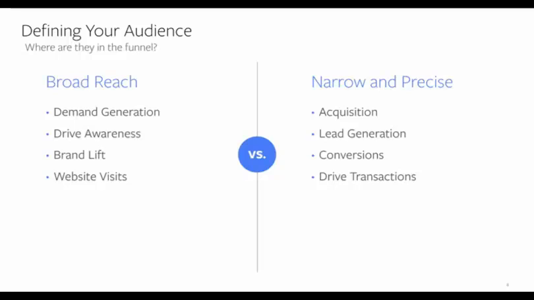Being narrow and precise allows you to speak to groups with much more relevant content. For example, you can choose to target individuals who've already engaged with your brand, and you won't need to use top-of-the-funnel awareness content. You can usher them down the marketing funnel with product offers that drive transactions. Or you could target a small location and bring individuals within walking distance to your retail shop through the doors. The cost per action of those precise audiences may be slightly higher, but the individuals are already in your funnel and they're much closer to conversion.